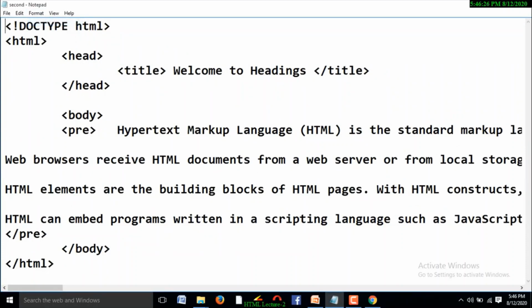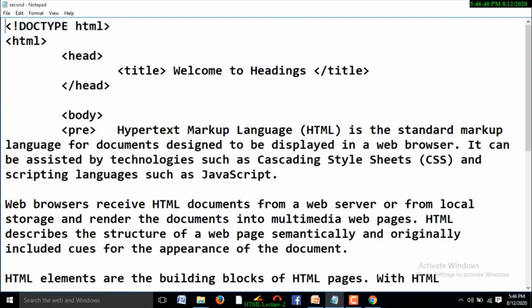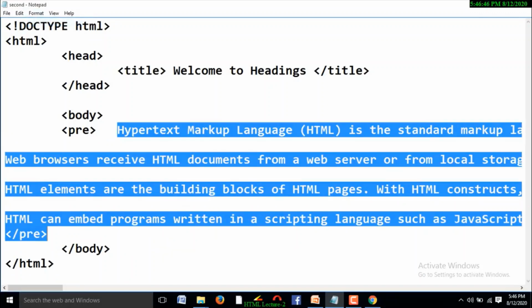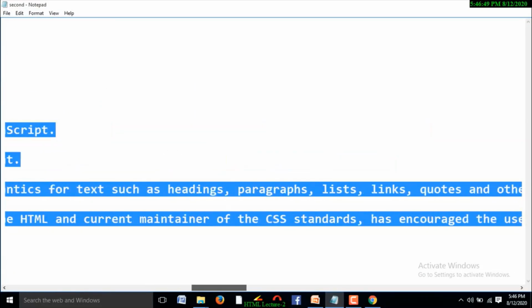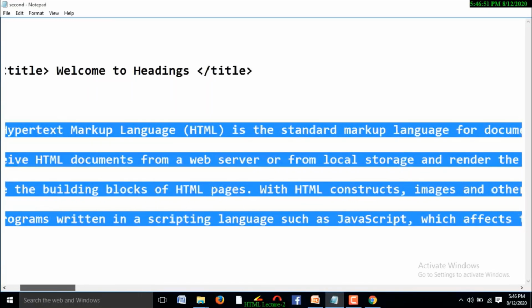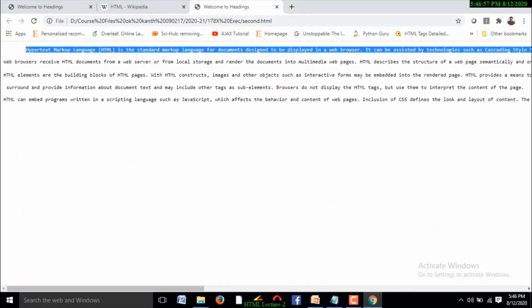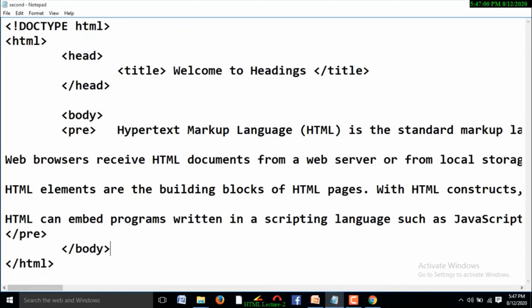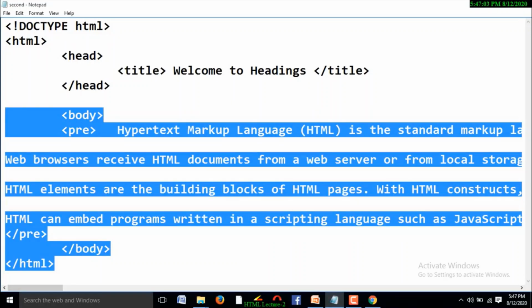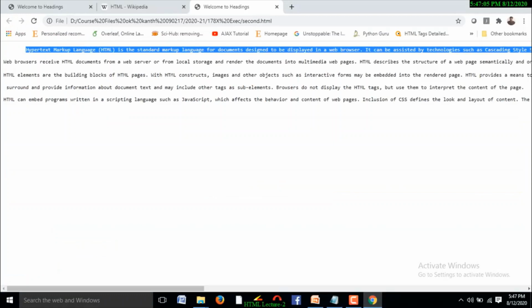Yes, if you observe this, this is the original content. See here, format, word wrap is set. Because of that reason, the content appears in the window size. But if you remove the word wrap, this is the original content. See, the content is arranged like this. Whatever the content is available, the same content is displayed on the web browser. So this content we arranged in the HTML document, the same format is available in the web browser also.